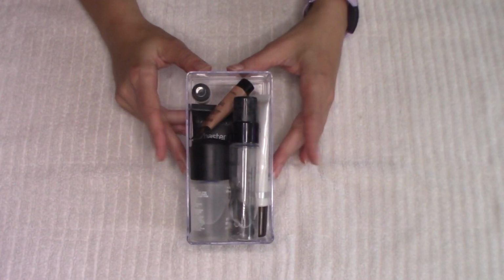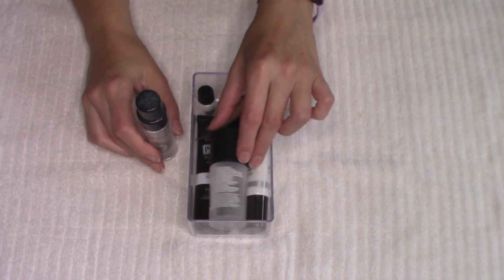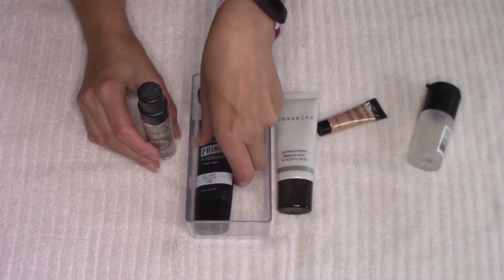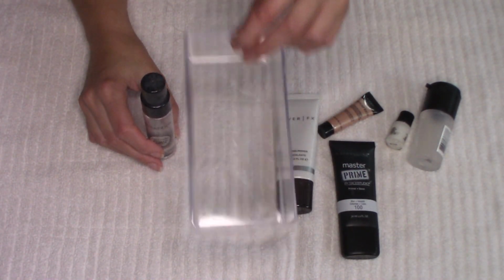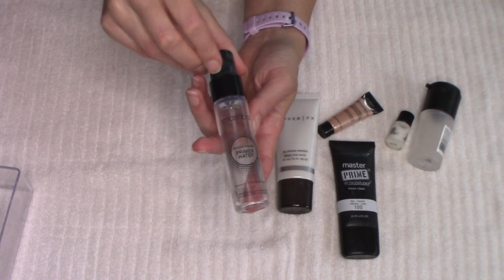Alright, so the first thing we're going to start off with is primers. I'm honestly not actually a huge fan of primers, so there's not too much in here, and I think some of them I can get rid of. I keep everything in just these little acrylics here, but starting out, we've got a Smashbox Photo Finish Primer